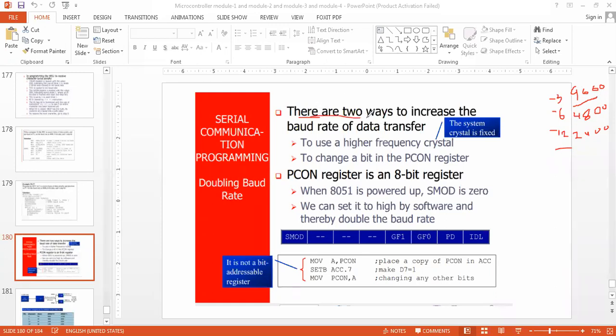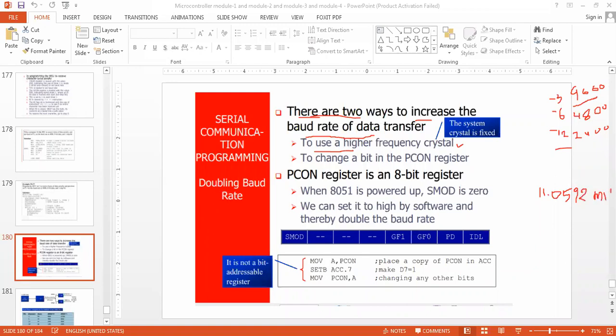There are two ways to increase the baud rate of data transfer. One is to use a higher frequency crystal. So basically, what is the crystal frequency that I am using for an 8051? It is 11.0592 megahertz.